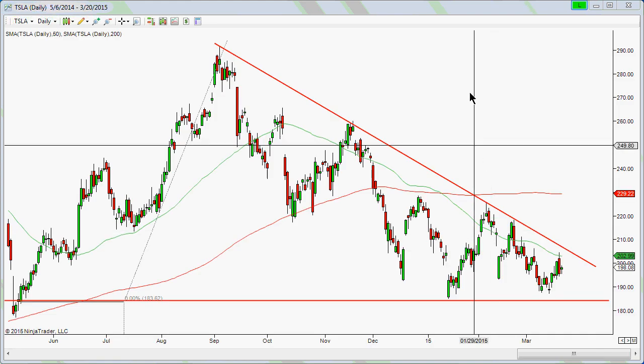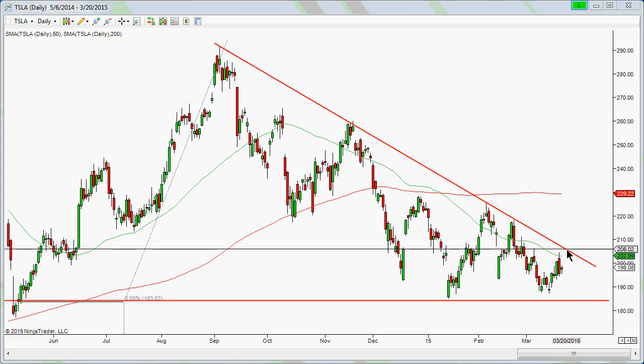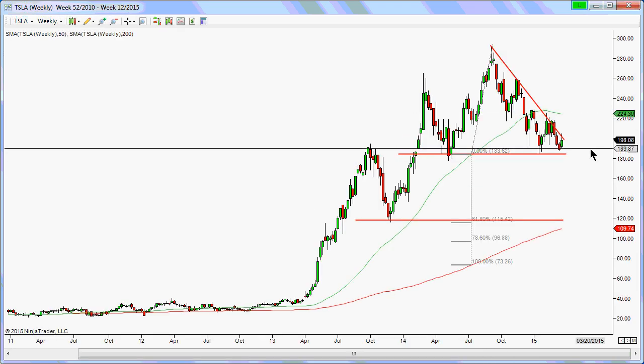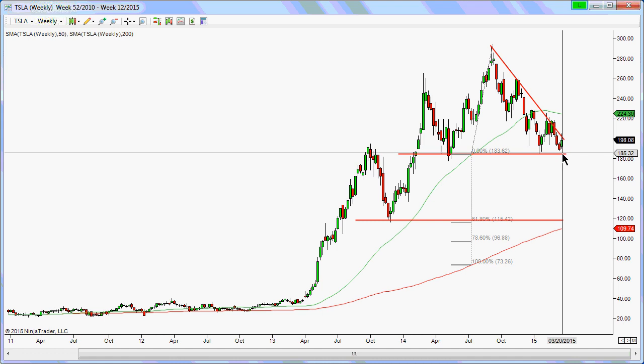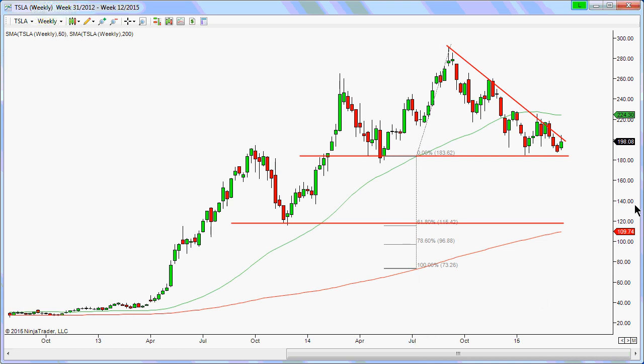And once again, last but not least, Tesla still tried to get back up to this trend line here, and I'm still not bullish on Tesla right now. I'm leaning to the bearish side, basically because of this pattern here on the weekly. Unless it could avoid this pattern, then I might change my perspective on Tesla. Because right now I'm still looking at this head and shoulder pattern. Right? So you see this. If it breaks this baseline somewhere around 183, 184, then it could come back down and retest this area